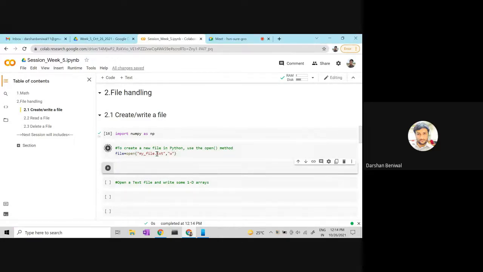So here you can see that I just write this file and open it to create or write any file. You have to use open, and then you have to give the name of the specific file.